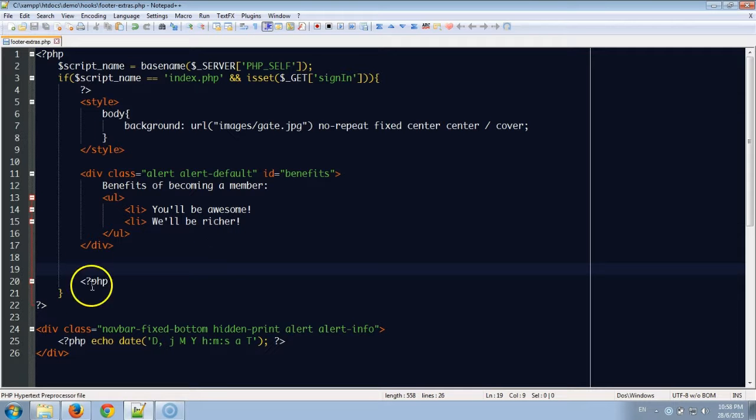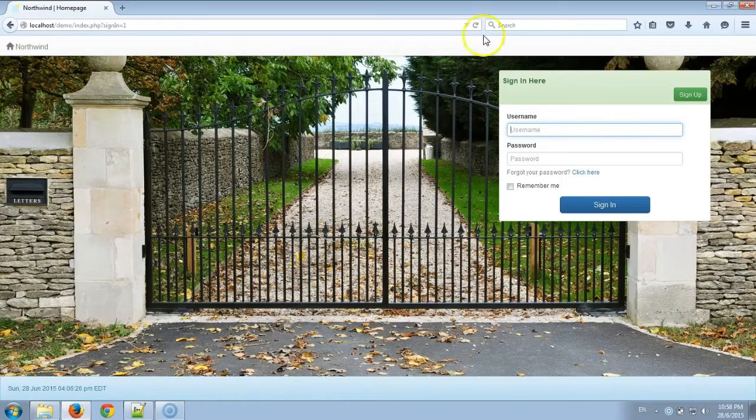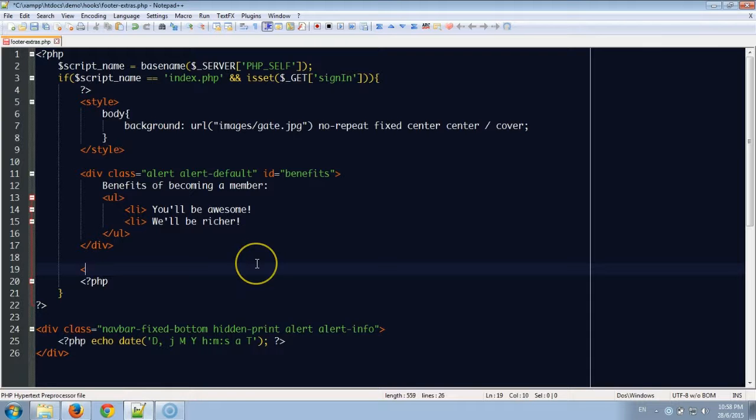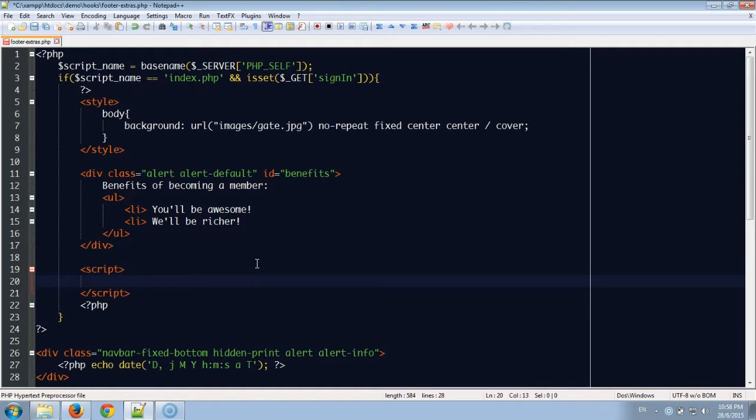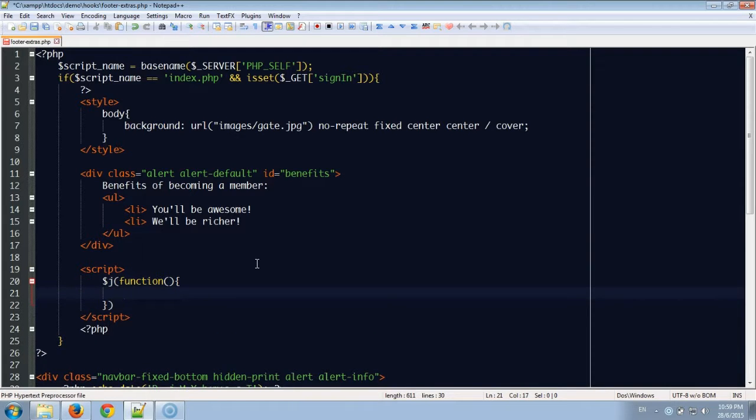Let's first save and preview our changes. Here's the text we added, but it's not visible, and it's placed near the bottom of the page. We want to place it at the top. To do so, let's use jQuery to move our marketing copy near the top of the page. We'll select our text using the ID we assigned before.